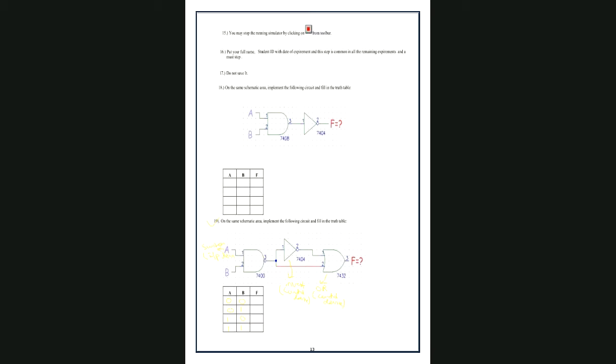This is also switch. This is also input device. Now what is this? See, this is very important. This is NAND gate. NAND gate, and this is control device.